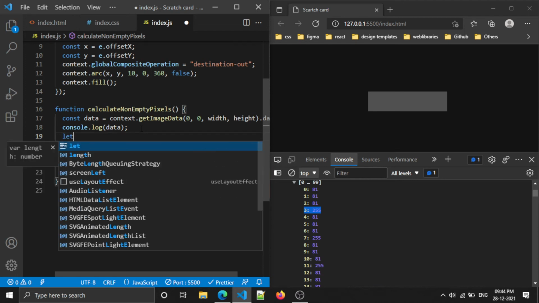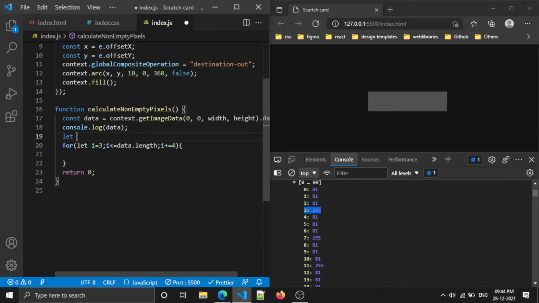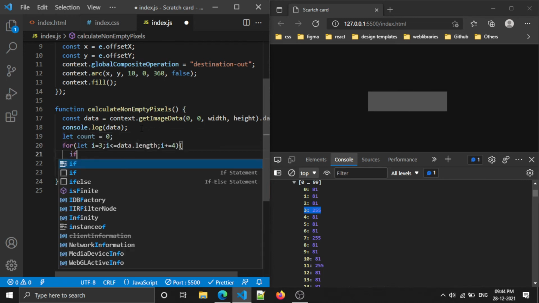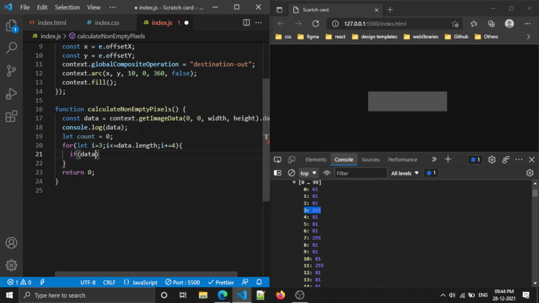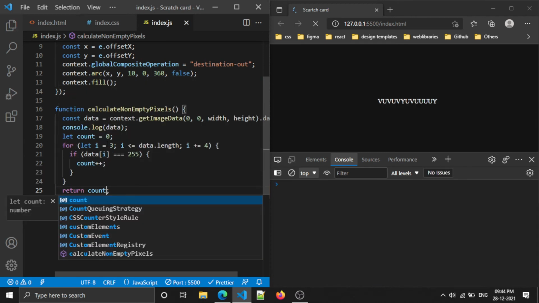Let count equal to 0, if data of i is equal to 255, then count plus plus. Finally we are going to return count as the output.